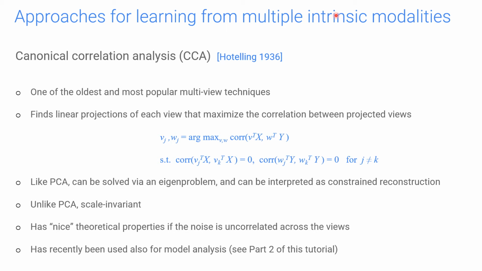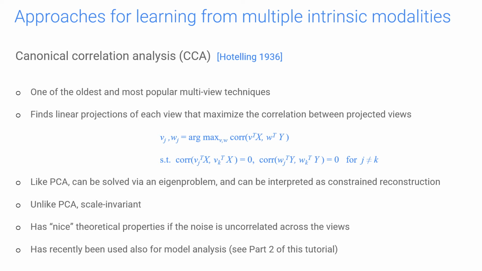For example, under some mild assumptions, it removes noise from the signal if the noise is uncorrelated across the views. And CCA has been used for multimodal representation learning, but more recently it has also been used in a variety of other settings, for example, for analyzing neural networks. And we'll see an example of that in part 2 of this tutorial. Of course, as a linear method, CCA has limited capacity to learn complex representations, so a number of nonlinear extensions